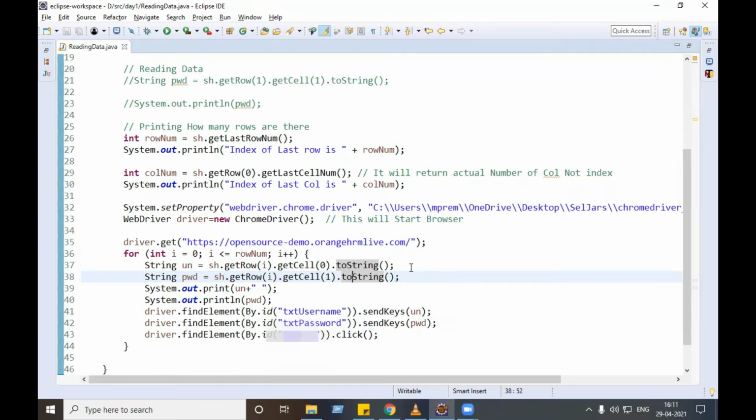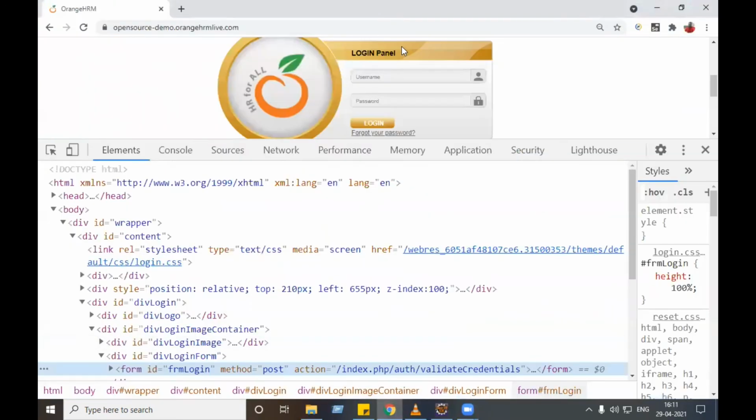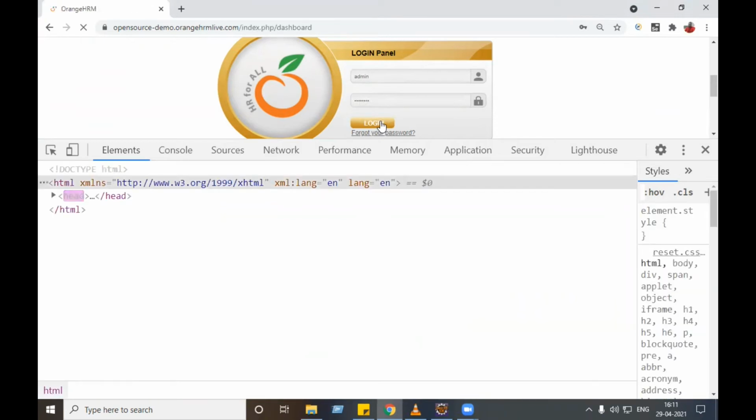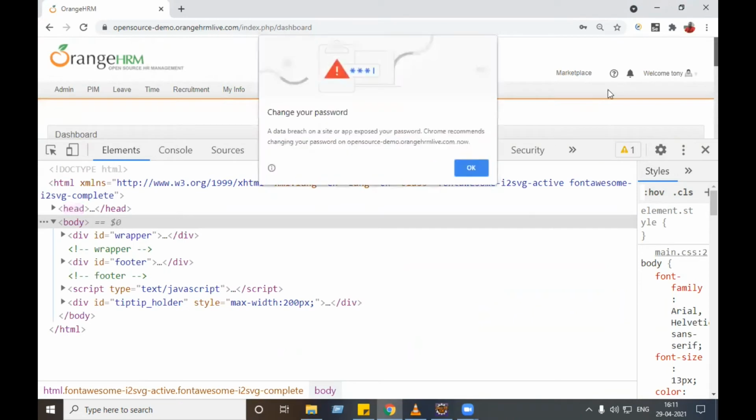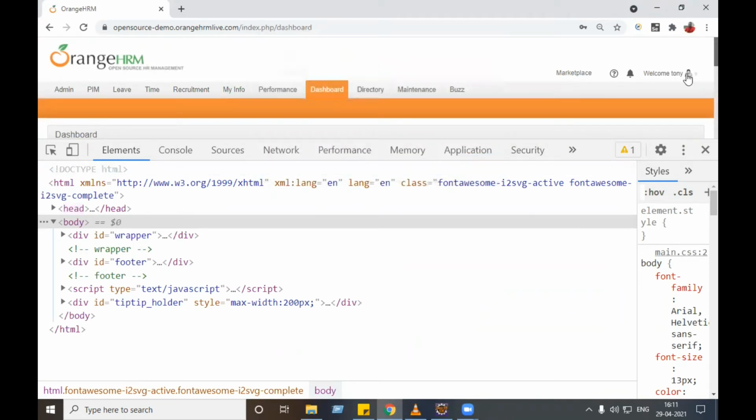So after login, I need to do the logout process as well. So let's log in manually and check the property for logout. Admin and admin123 we have entered. Click on login. Now, if you want to do logout, you need to click on this welcome, and after that you will find the logout option.